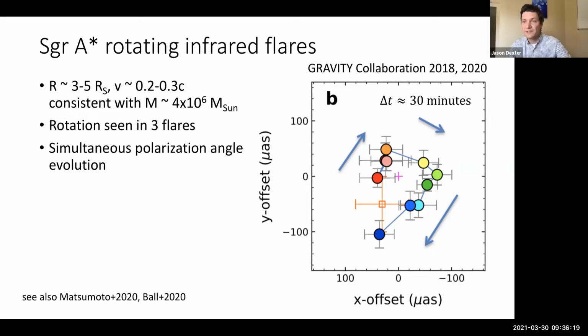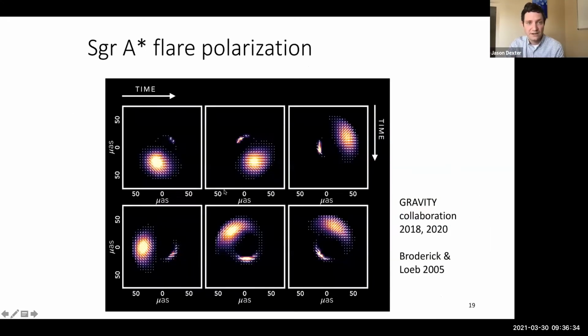And for the purposes of today, the important part about this is that we see polarization angle evolution at the same time. So we can try to use these observations to get at the magnetic field orientation and strength around the galactic center black hole. Okay, so the way that we picture this working, some compact region, a so-called hotspot of accelerated electrons, for example, which is then evolving in time, going around, in this case, this way. And the idea then is that when the emission region is in different locations, it's sampling different parts of our EVPA map. And so it's tracing out the magnetic field structure in time.